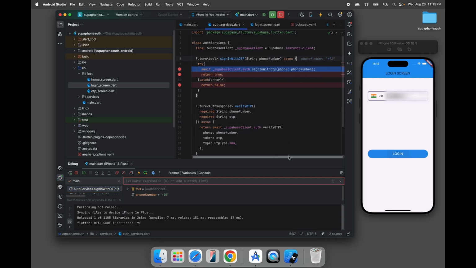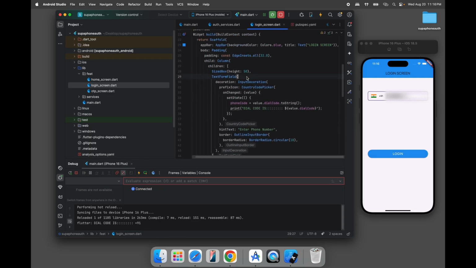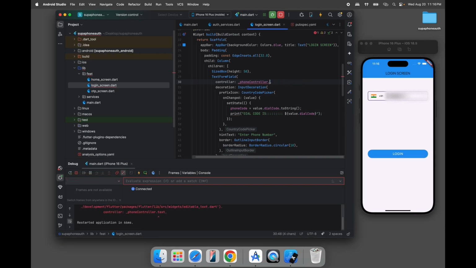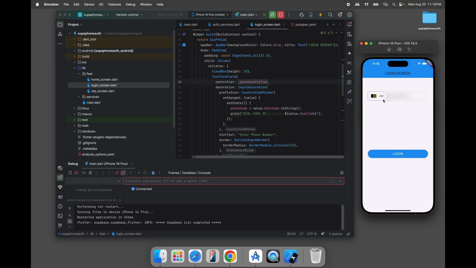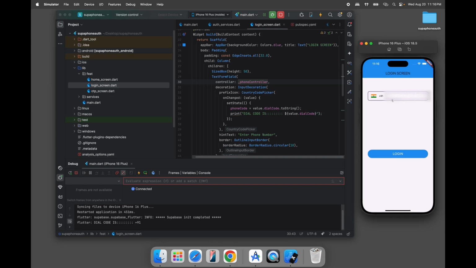So the phone number is... okay, I think I didn't add the controller on my controller. So here I will add the phoneController dot text. So I will reload the app. Now again I will select the country India, and here I will enter my number and press login. So now we are getting the true value, meaning the OTP is sent. So if I check my device,